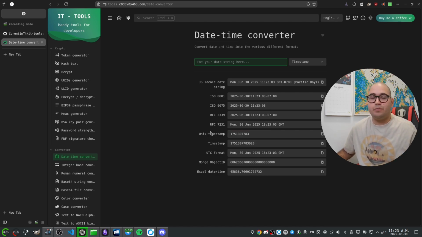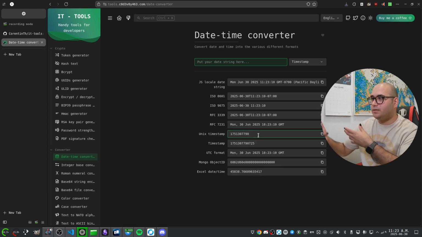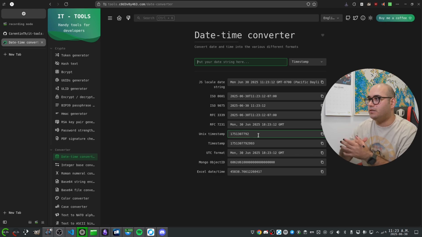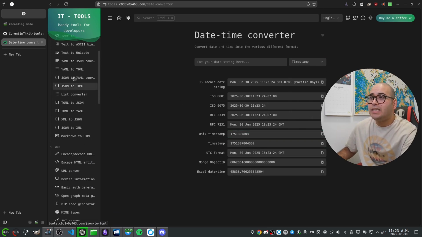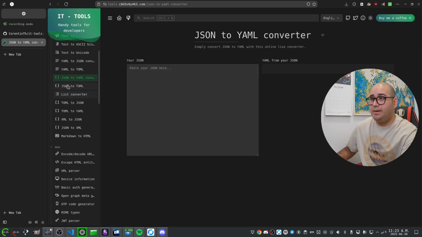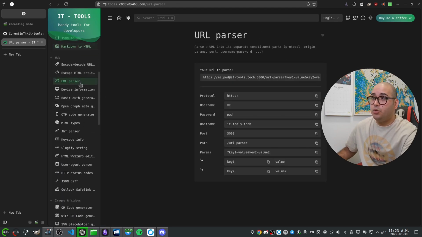So it has always been confusing for me, the Unix timestamp, and it's really good that you can get different conversion of these timestamps. And it works in real time, and then you can paste it in any format you have, and then it would convert it for you. Anyway, so it has so many things, JSON to YAML, Markdown to HTML, URL parser, it tells you which part is which,